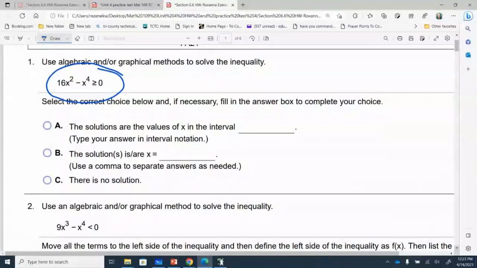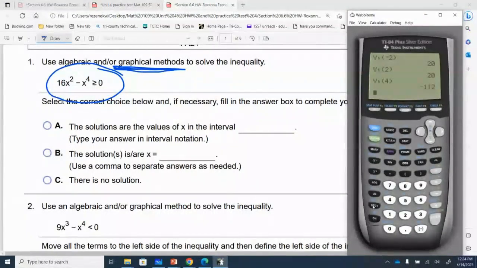It's an inequality, greater than or equal to. I am told to solve it graphically. Okay, so the first thing I want to do, because I'm told that I can solve it graphically or algebraically, then I am free to combine both of them. So first thing I want to do is pull up my calculator